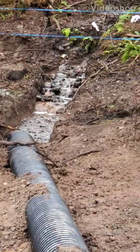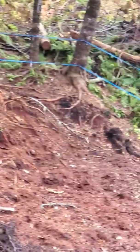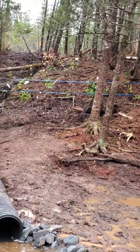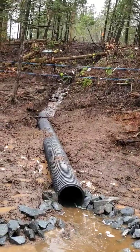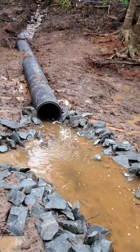So this water comes down from, well actually over from 2 properties that way and down our bank. So it's a lot of water coming from an already marshy area. We've got a culvert in here. So yesterday we banked up the rocks